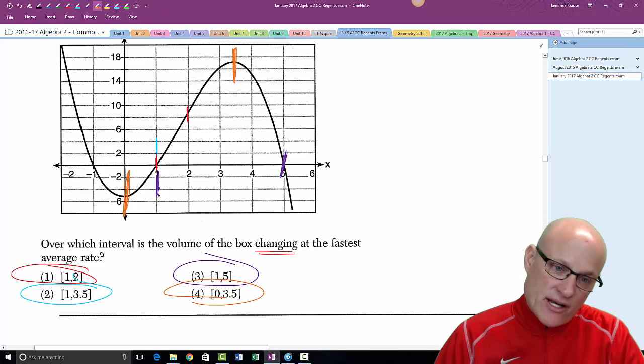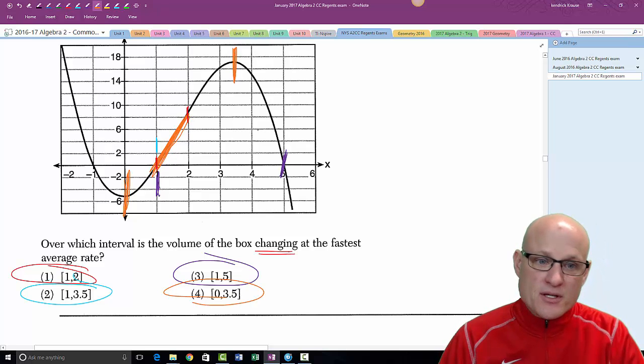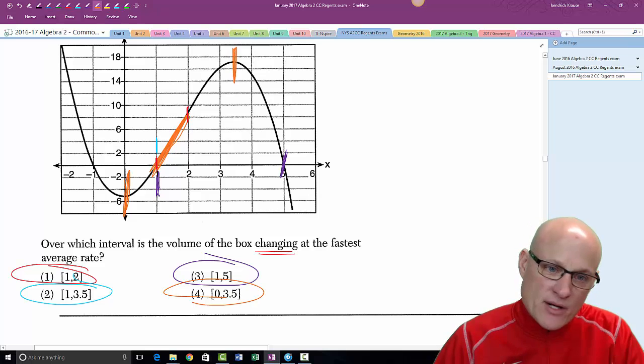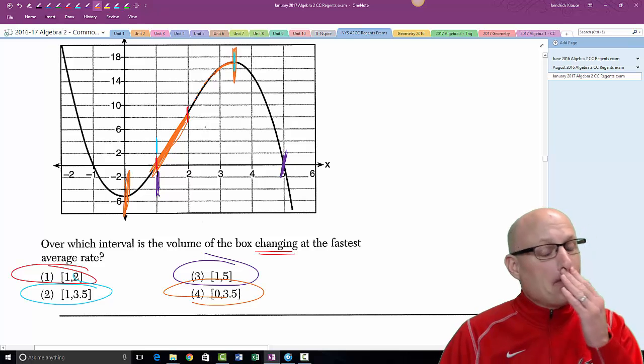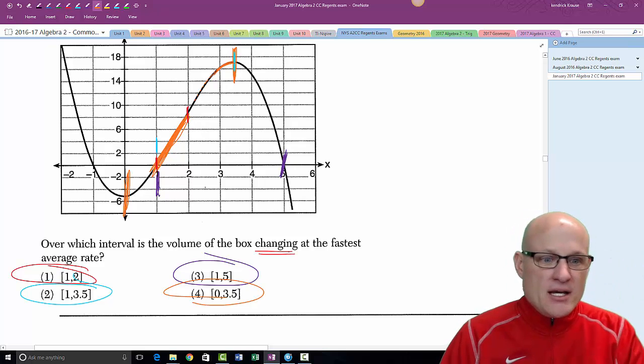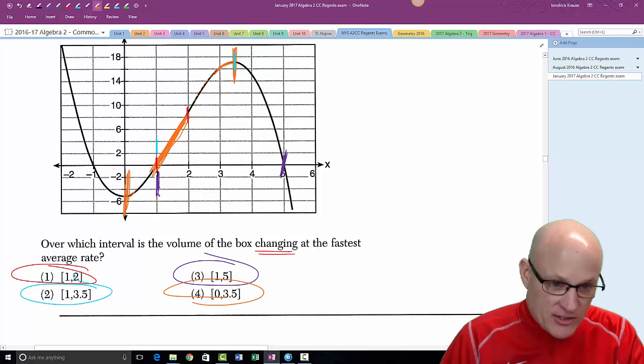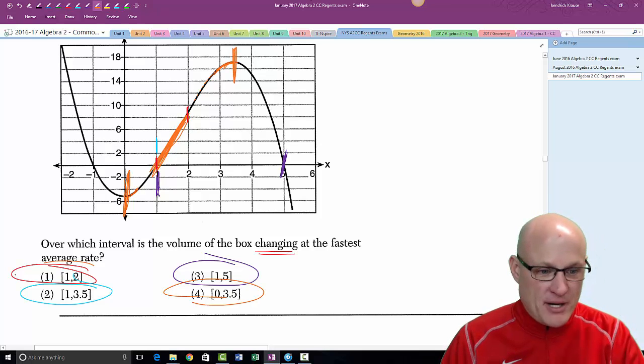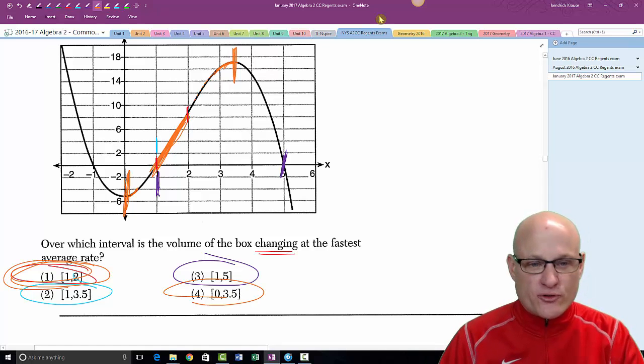And I'm going to tell you right now why. This part right here is pretty steep. It's always going up, and it's pretty steep. Notice what happens when I get up around here. It starts becoming less and less steep, right? So if I had to average over that whole time, this would be the steepest. Here's got less steep stuff, here's got less steep stuff. So that's why the answer is choice 1. But let me show you how to do it so you know for certain.